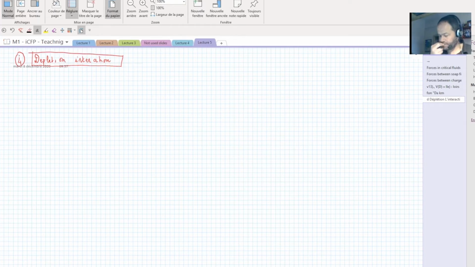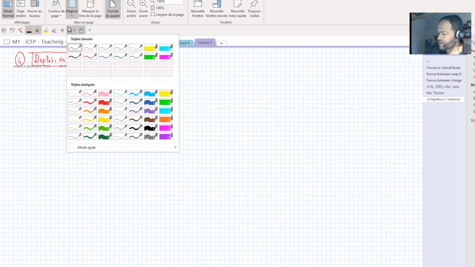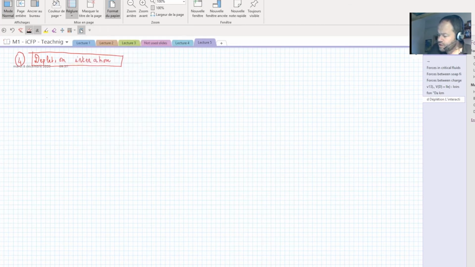And well, I think that I will probably skip a little bit the calculation, and only give the result and maybe send you my notes about this part because, well, it's a little bit less interesting from my point of view. The idea is that let's imagine that you have a big particle here and a small particle here.